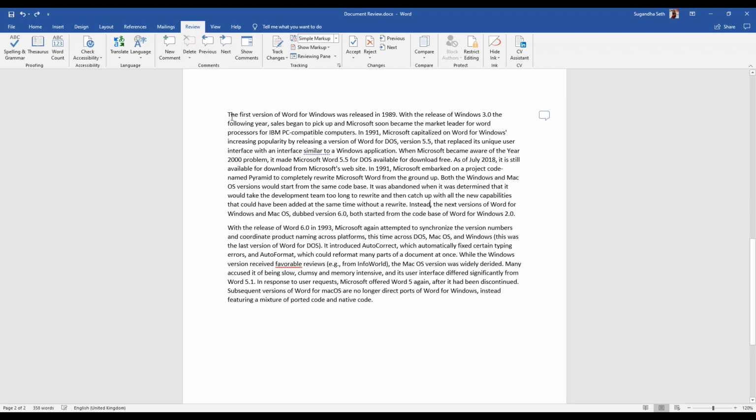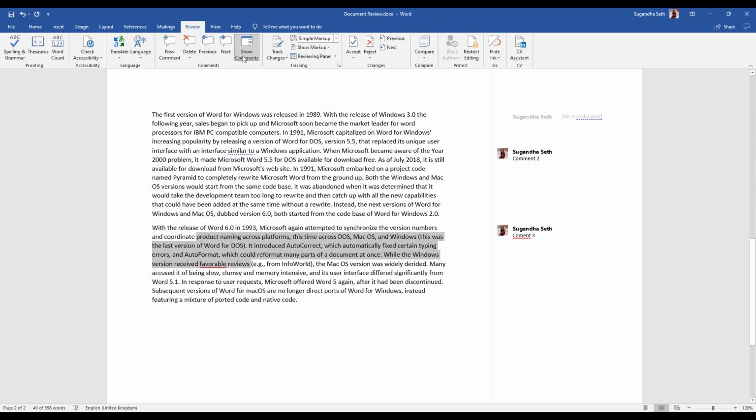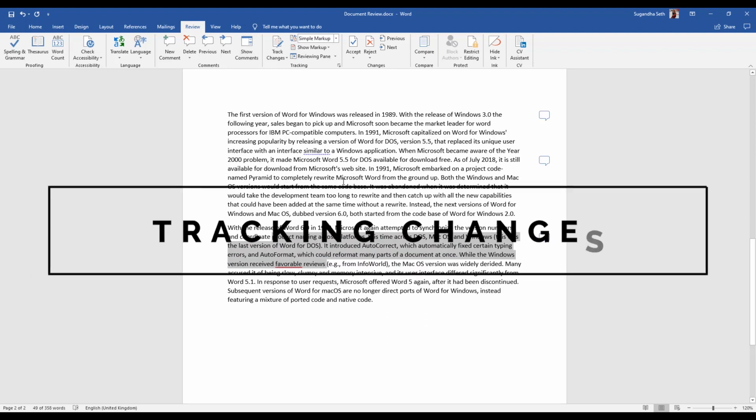Let's say that there is more than one comment in a document. Let me add another comment here. This is comment number 2, and then there's another comment in this document, comment number 3. Now, if I start with this comment and want to move to the next comment to see all the comments that have been provided, I can just click on next. It will take me to the next comment, and then another next will take me to the third comment. If I want to see the previous comments, I can click on previous. This Show Comments section will basically highlight all the comments that have been given by a reviewer in the document.